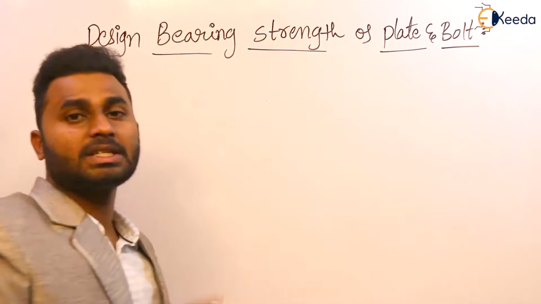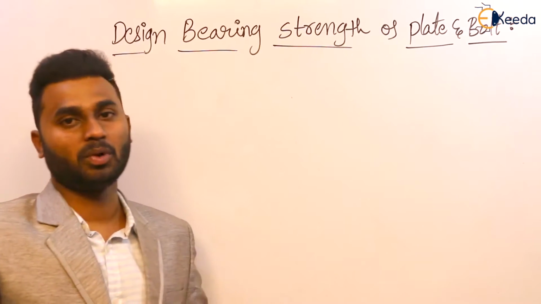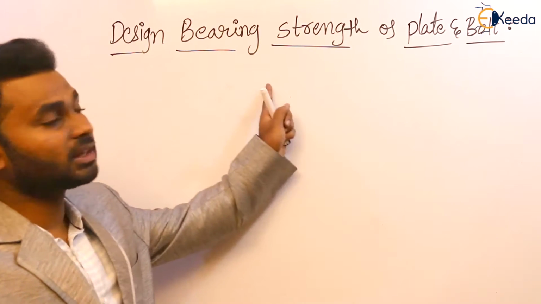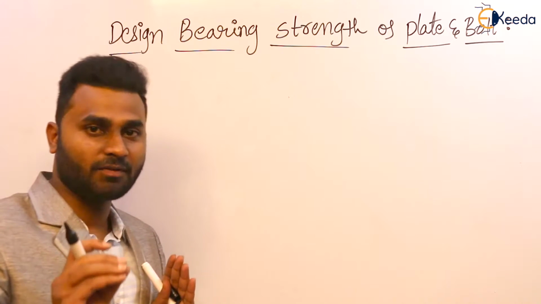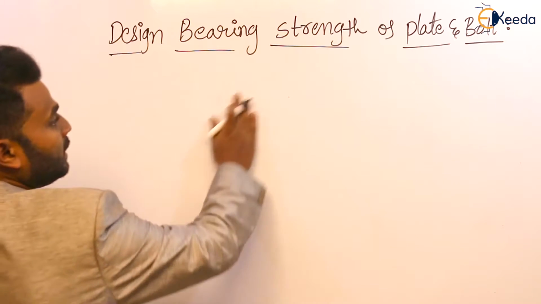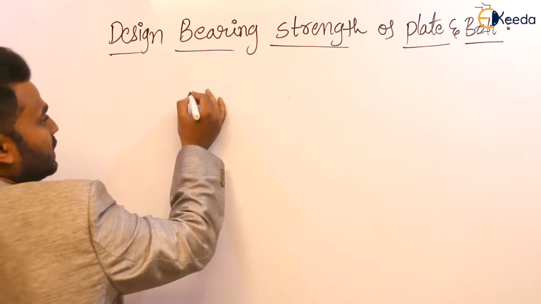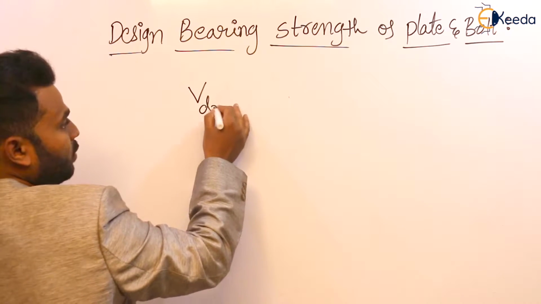So far we have discussed the design shear strength of the bolt. Here it is the design bearing strength of both plate and bolt, and for both plate and bolt the formula is the same. So now, the design bearing strength of plate and bolt is equal